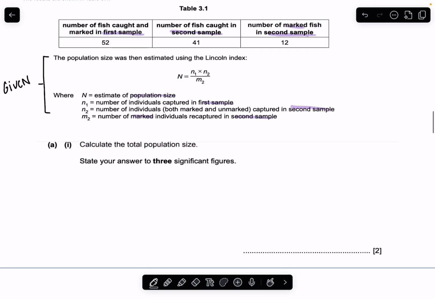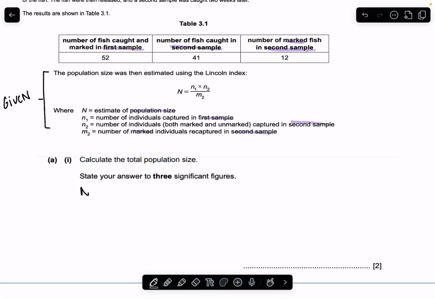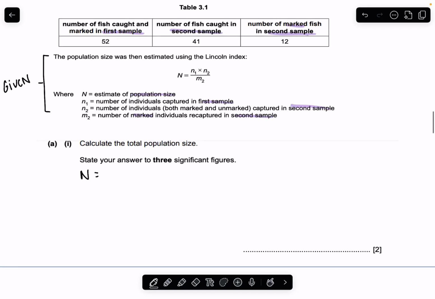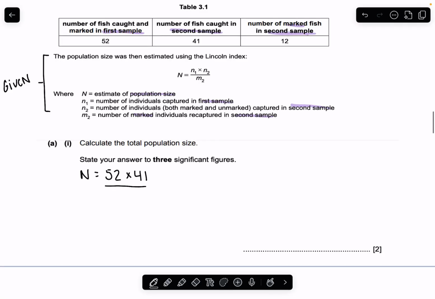So it says calculate the total population size, and we have to state your answer in 3 significant figures. Cool thing is this question is a plug and play. So if we're looking for population size, we know that's capital N. Lowercase n1 will be 52, times lowercase n2, which is 41, and we're going to divide by the number of marked in our second capture. Obviously, you're given a calculator, so you can do this in your calculator. You do not need to do this in your head. You're going to do 52 times 41 divided by 12. In our calculator, we get